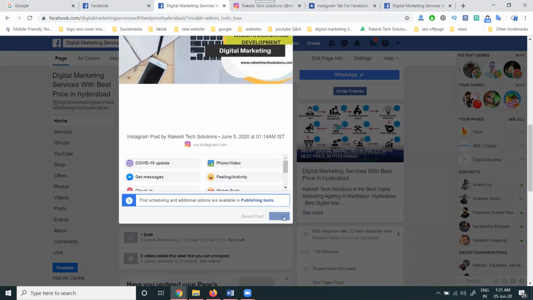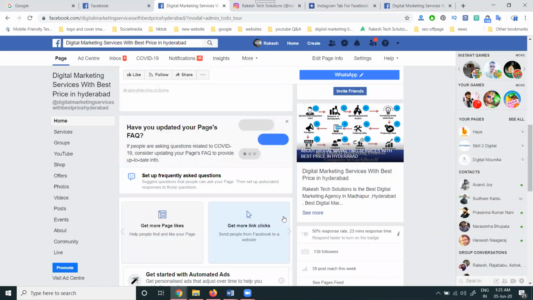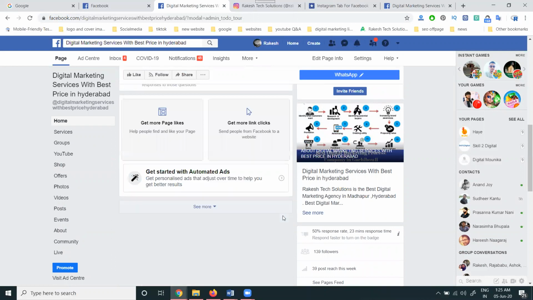Click post. Whatever posts you've made on your Instagram will also be shared on your Facebook page. Based on your posting, they will follow your Facebook page and Instagram also. So this is called integrating your Facebook post and your Instagram post.